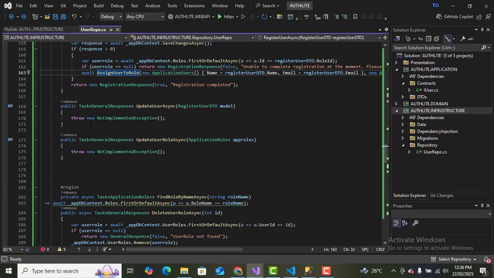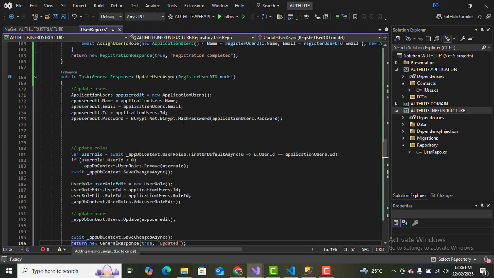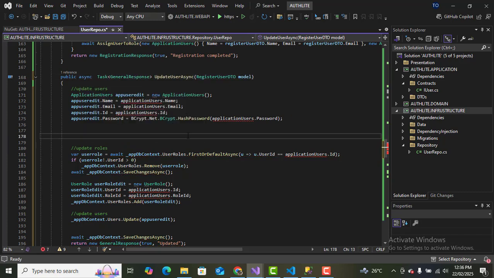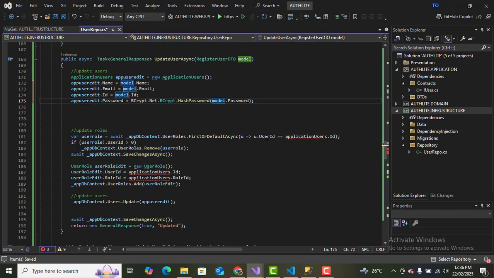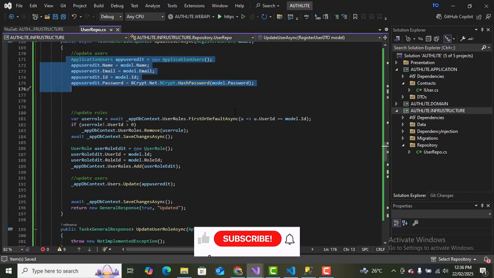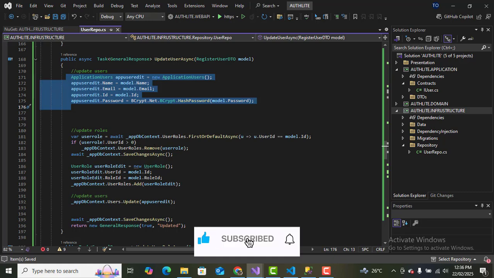So next we have the update user async method. Again, not very complex, so we just do it like this. So here it should be model. So what do we have here? We want to update the user, so we create a model for the application user, and then once we do that, we